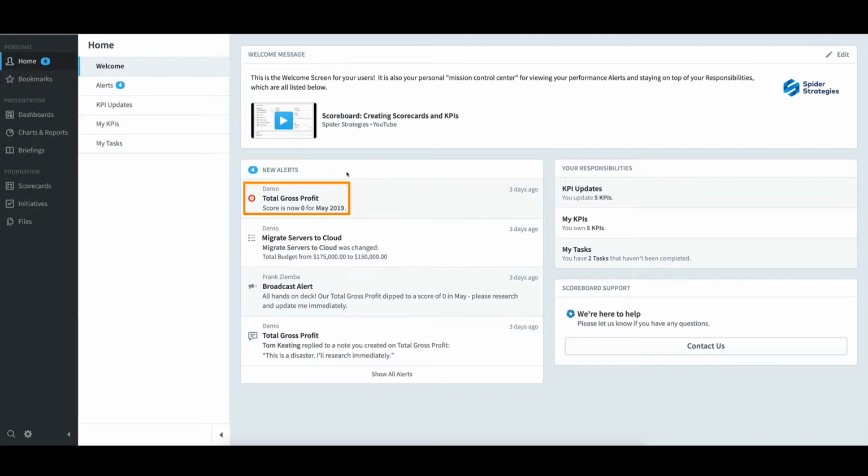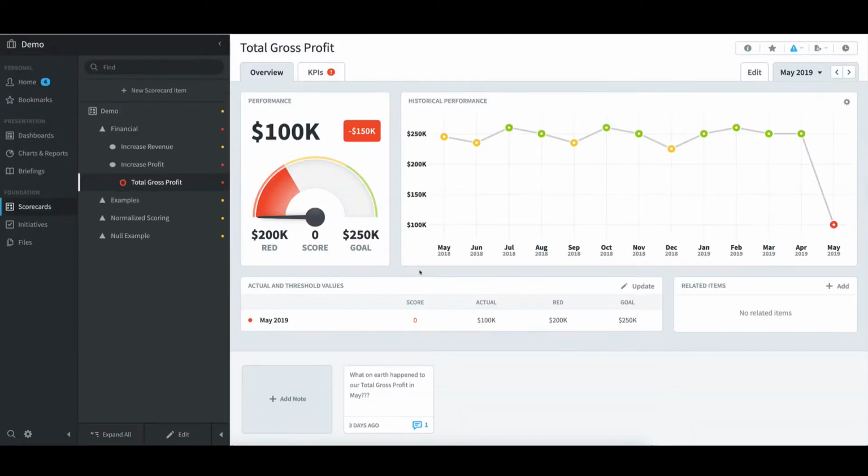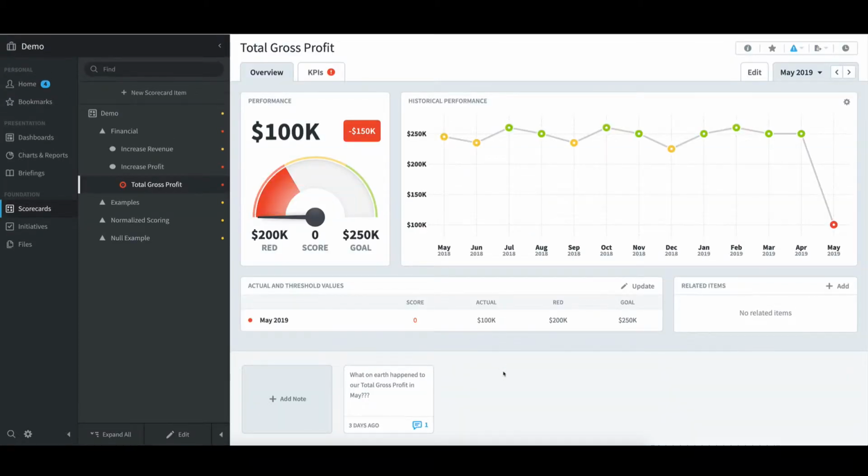If I click on it to investigate, I get down to a detailed view where I can see coloring being displayed in a number of different areas. In the actual and threshold value section, I see a red colored circle and normalized score for the month of May. In the speedometer in the top left, I see that it is in the red. Right above that, I see a red colored rectangle, illustrating that the actual value of 100,000 is down 150,000 from